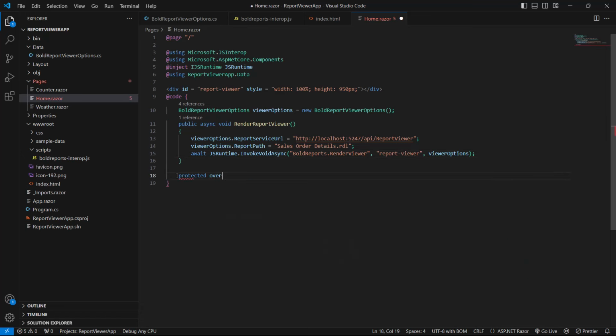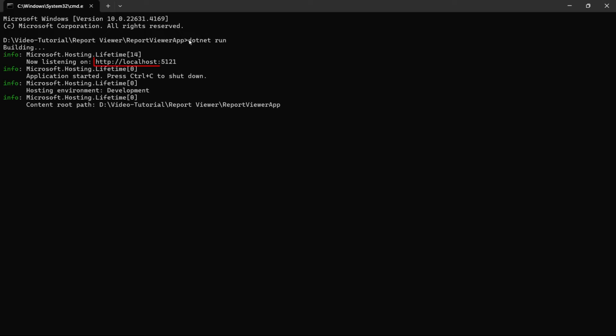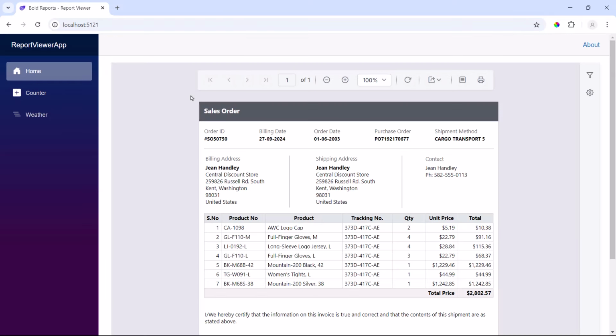Next, I add the OnAfterRender method within the @code block, which is called after the report viewer component has been rendered. Now, everything is ready to run the application. So, I run this command and a URL is generated. I copy the URL, load it in the browser, and as you can see, the Sales Order Details report is